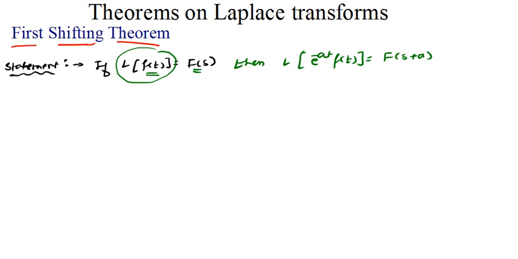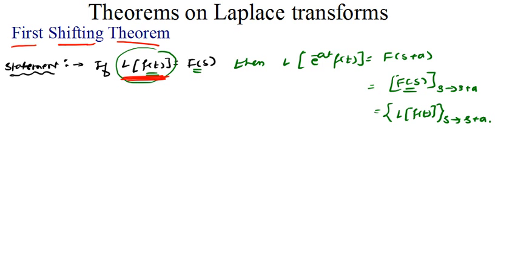Now what is this F of s plus a? This F of s plus a will be calculated using F of s when this s is replaced by s plus a. And what is this F of s? F of s is nothing but L of f of t, the Laplace transform of f of t. So in this Laplace transform of f of t, you need to replace this s by s plus a. Now see what it means. If the Laplace transform of f of t is F of s, and you multiply this f of t by this term, e raised to minus at,